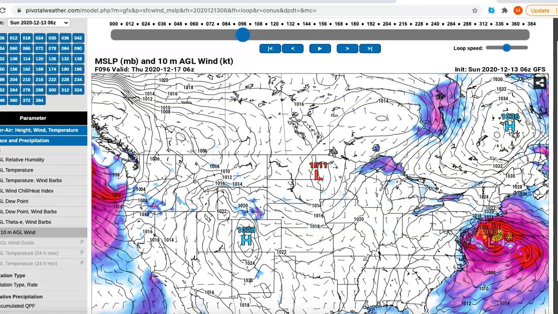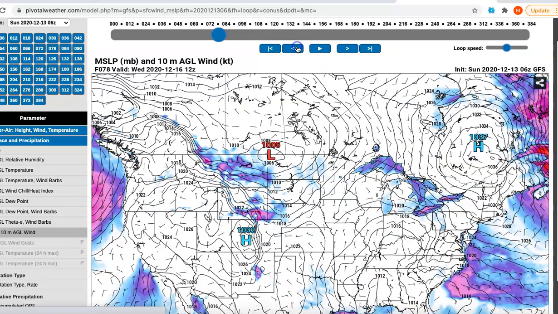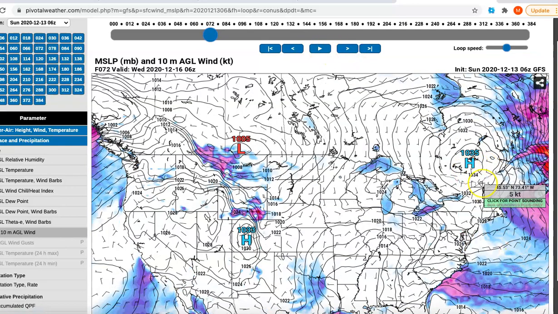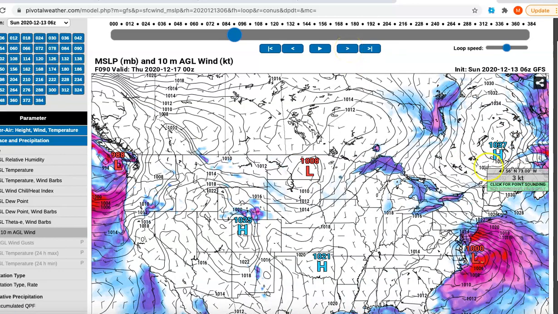I would be a little more optimistic if this storm was going to happen Tuesday into Tuesday night, because if you go back to Tuesday night, look where the high is. It's right in southeastern Ontario, if I'm getting my provinces correct there. So if it's right there, the cold air is locked in place. So it would be all snow throughout the Northeast. But because the high is going to be more into Quebec, the cold air is not going to be locked